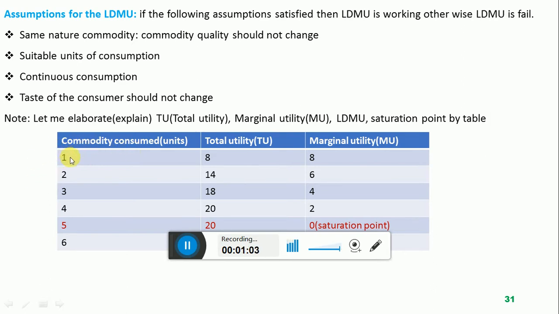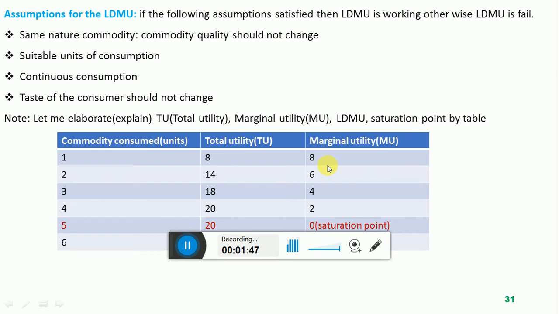For the first unit of apple, the marginal utility is 8. When the consumer eats the first apple, its marginal utility is 8. When the consumer consumes the second apple, its marginal utility is 6. 6 is less than 8. When the consumer consumes the third apple, its marginal utility is 4. 4 is less than 6. When the consumer consumes the fourth apple, its marginal utility is 2. 2 is less than 4. So according to this table, in the column of marginal utilities, every next apple provides less and less utility.